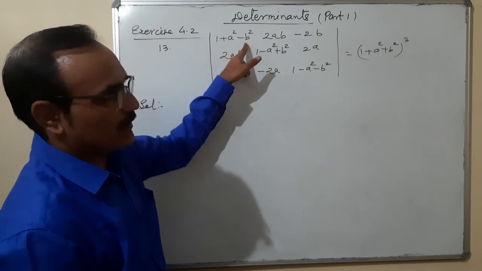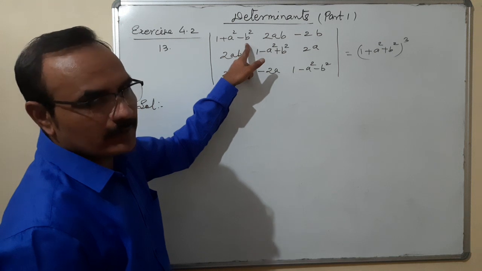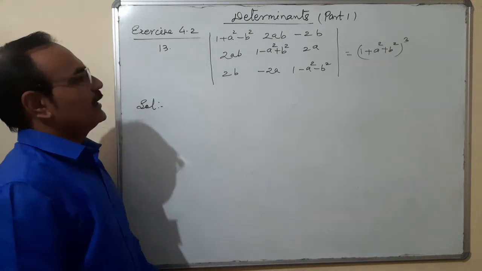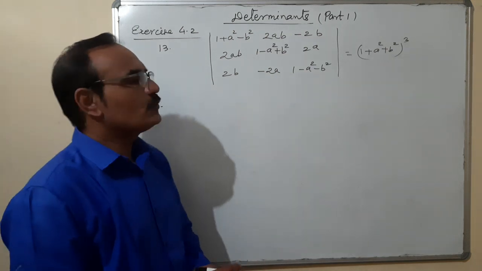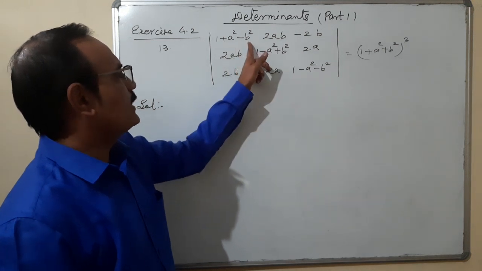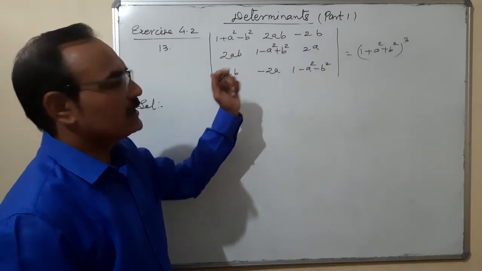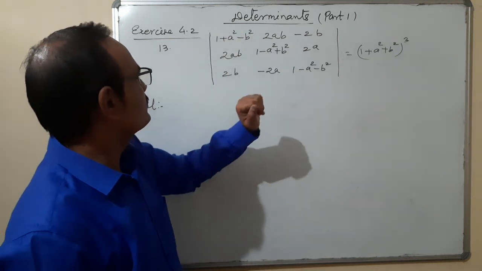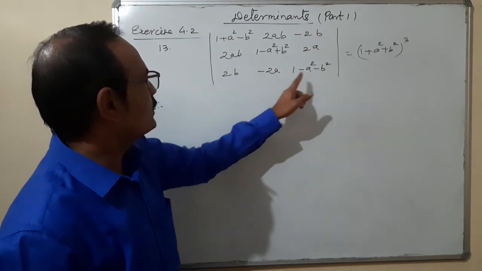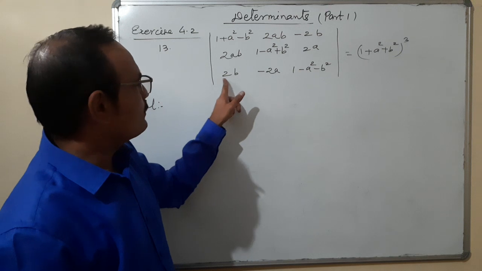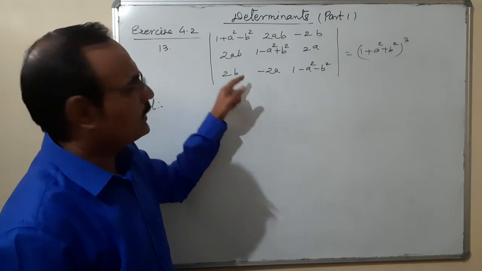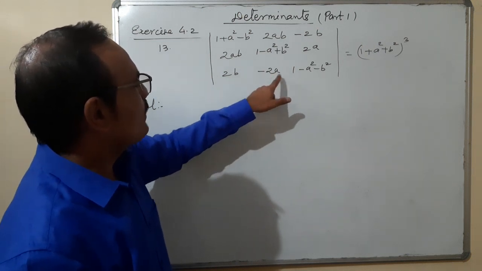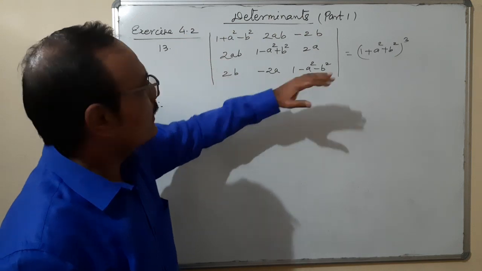How to make it b square? This is minus b square. That means we need here minus b square plus 2b square to be added. So how to add 2b square in it? If we add plus 2b square, then I think 1 minus a square minus b square plus 2b square. And you can see that in row 3 there is a 2b. If I multiply here with b, it becomes 2b square, and adding to R1. Then what happens? Here also multiplied by b, minus 2ab, adding here it becomes 0. And same as this term.